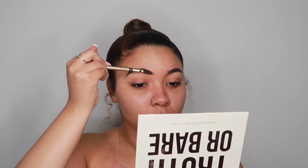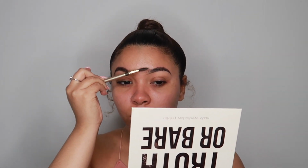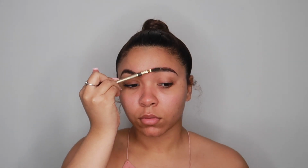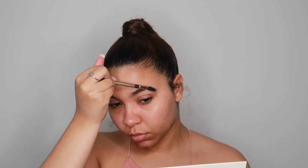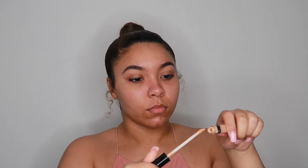Okay, so now that we have the brows filled in and all that good stuff, I'm going to just brush them out, blend them out, just trying to get all of the product evenly distributed so it looks nice and neat. Now moving on to concealer. Now I'm going to be using the Maybelline Fit Me Concealer in the shade 25 Medium, and I'm just going